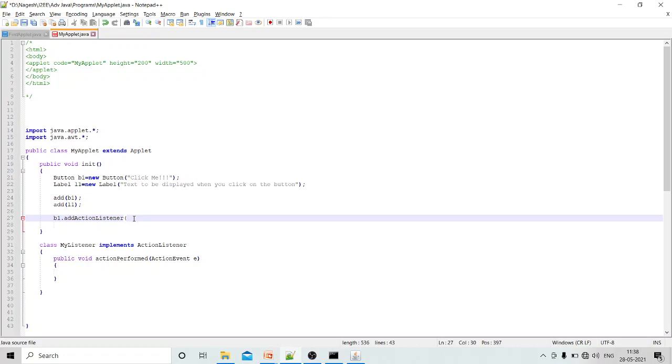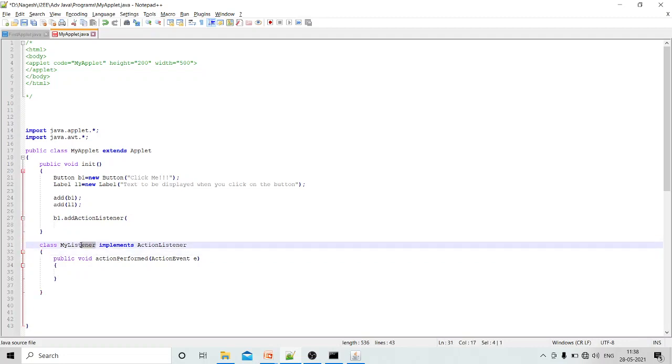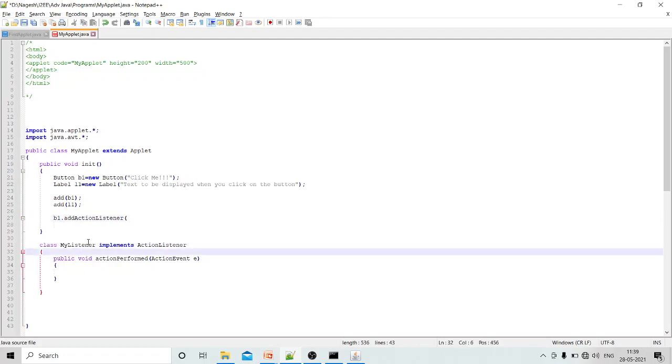In the brackets we have to send a listener object which is going to handle the event. As I have said, we have created a class here, MyListener. So we have to send an object of this class, MyListener.